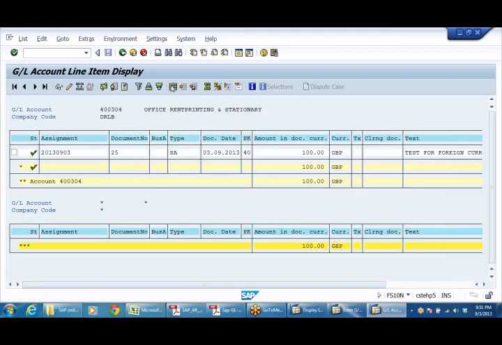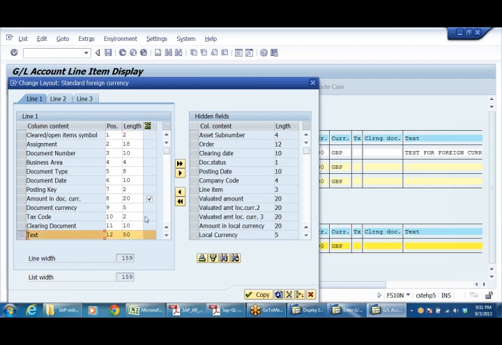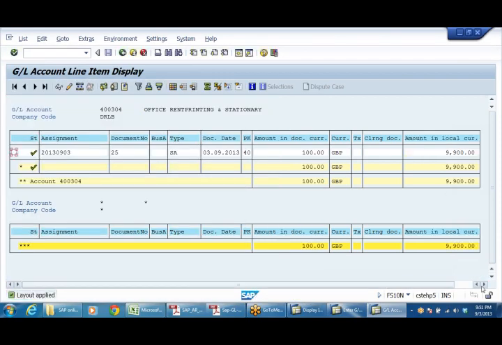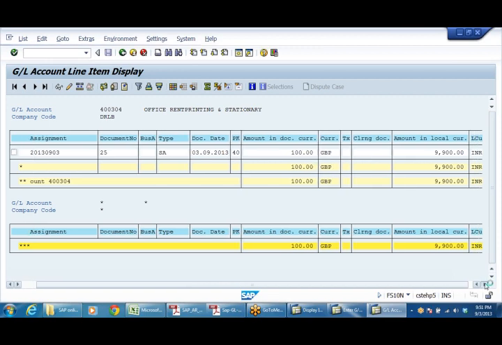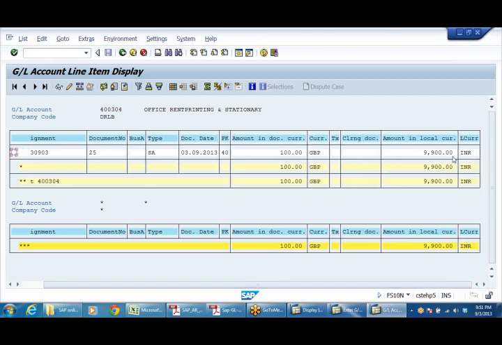And if you want to see this, I don't want text, push toward this side and take amount in local currency. What is local currency? That also I can push. Let me check, right? I can see INR. So 100 GBP, 9,900 the INR.